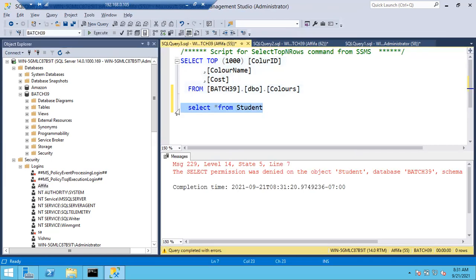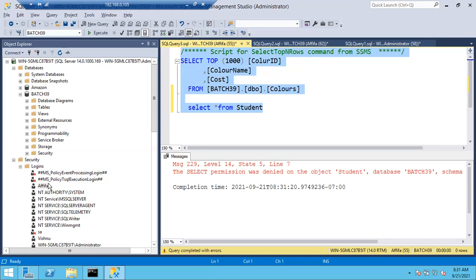Right. So now Afifa wants to access only the student table. If I gave Afifa data reader permission, she can access all the tables in the database. If the Afifa user is a member of data reader, she can read all the tables from the database, but I don't want that. I want to restrict Afifa to access a single table, or some specific collection of tables. How can I do that? You can do it in two ways.